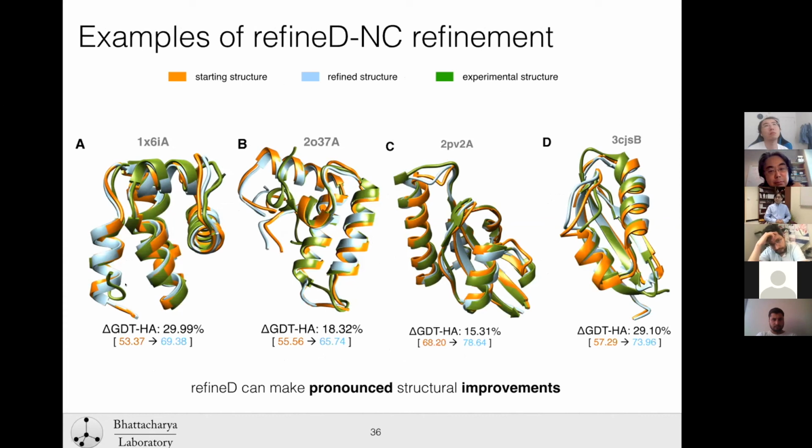RMSD is very sensitive to errors in the loop regions or subtle errors. So you're right. And of course, if I were to evaluate the RMSD, in fact, in the paper we show the RMSD of this method. I'm not showing it here, but in terms of RMSD also, the refinement is improved. But you need to keep in mind two things. First of all, RMSD is not necessarily a normalized metric. It's not length normalized. So you cannot compare different sized proteins using RMSD.